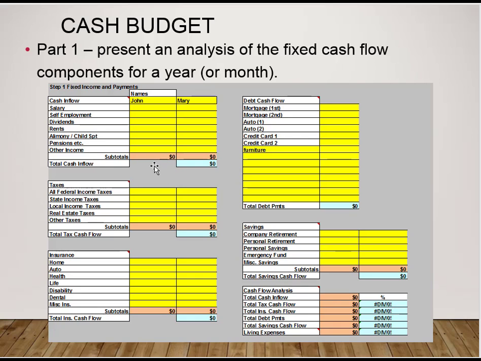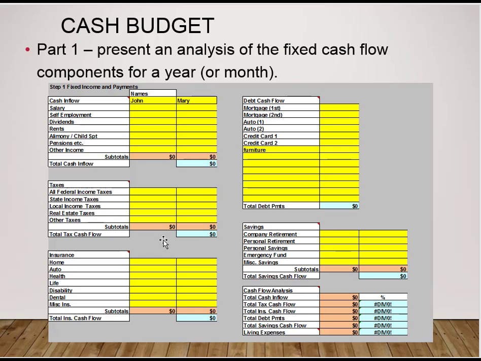So we need to understand what our total cash inflow is. Now, we could do this for last year and then predict what we're going to do next year. Where are the taxes? The salary that's here is our gross salary, because we also want to understand how much of our income goes to the tax man. So here we would put in our federal income taxes, state and local, real estate taxes or any other taxes. Again, we want to have an idea of how much of our money goes to the tax man. Why? Because we may want to talk to a tax professional